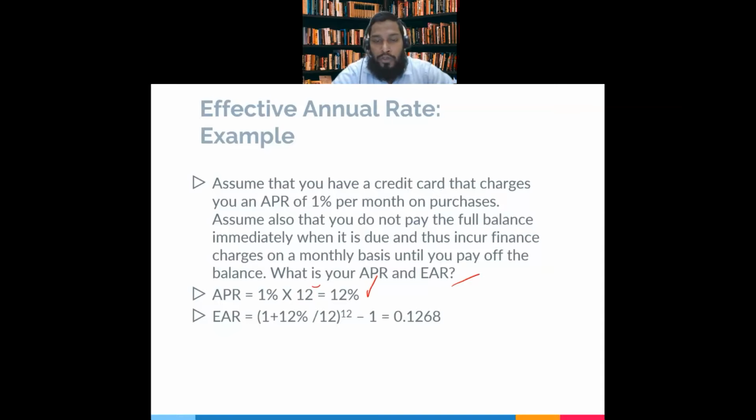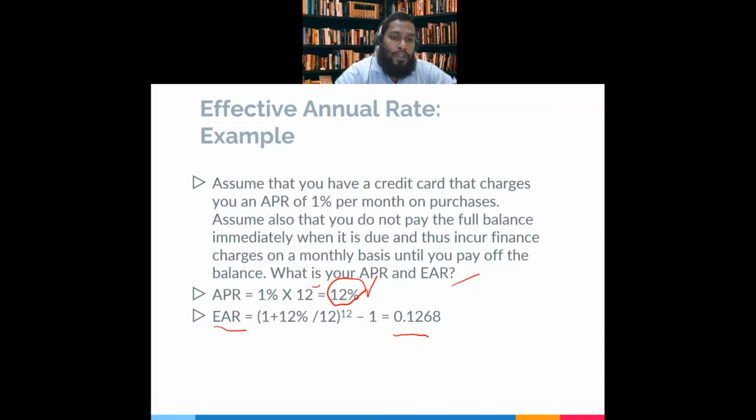Okay, so usually the banks will tell us that it is a 12% interest per year that we have to pay, because every month we pay 1%. But if we consider the time value of money, if we apply this formula of EAR, effective annual rate, we can see that actually we pay more interest, which is actually